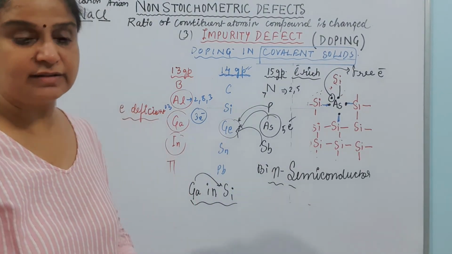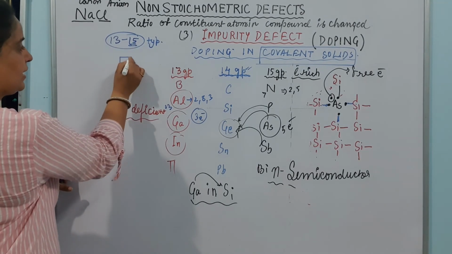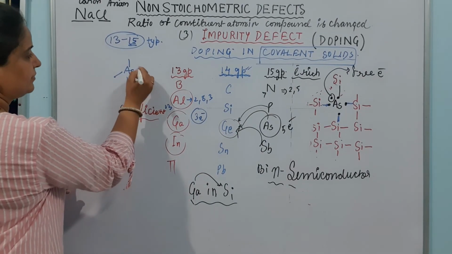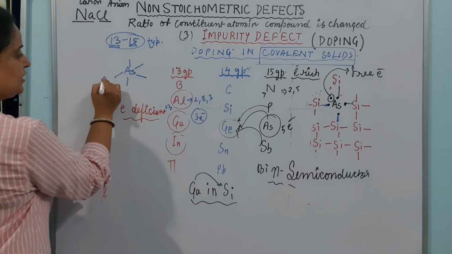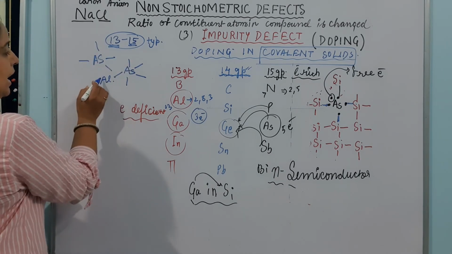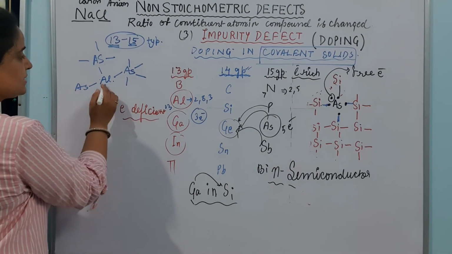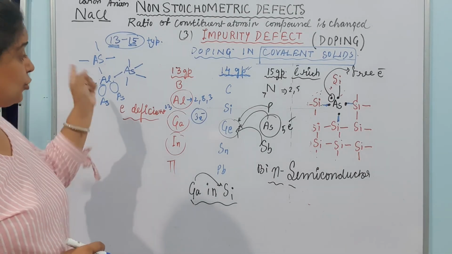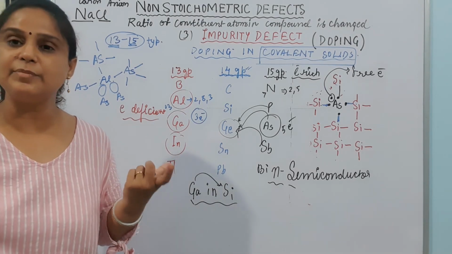Now if I am asking you to make 13-15 compound, 13-15 type compound, okay, so what is happening here? 13-15 में अगर 15 वाले के साथ, okay, 15 वाला means you are belonging to this, and this arsenic is connected with 5 other element, and you are doping it with the 13th. 13th का मतलब क्या हुआ? 13th का मतलब एल्यूमिनियम. I am adding aluminium to the arsenic. What will happen? 5 से कनेक्ट होना था. Other arsenic are connected with 5, 5, 5, 5, है ना? अब ये एल्यूमिनियम is going to connect with 1 and 2 and 3. अब बाकी कितने बचे? आर्सेनिक का, एक नीचे वाले आर्सेनिक का, एक इधर वाले आर्सेनिक का, there is a gap in between, तो ये क्या हुआ, hole is created because you have doped this arsenic with the aluminium which is having less electron in it, तो the hole is created. Hole is created का मतलब है p type of semiconductor.